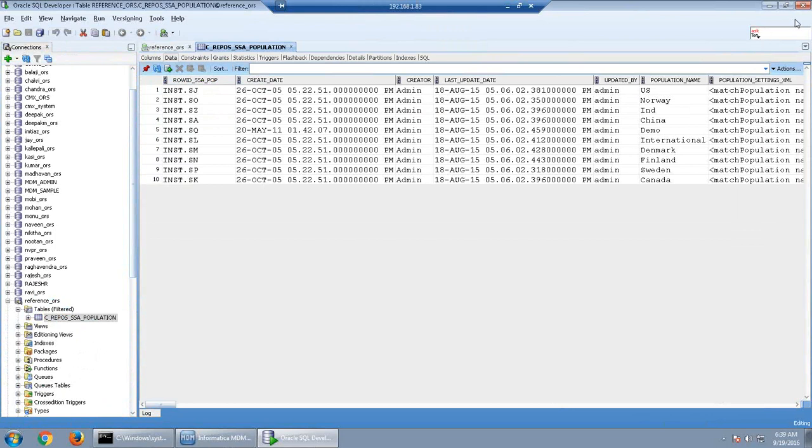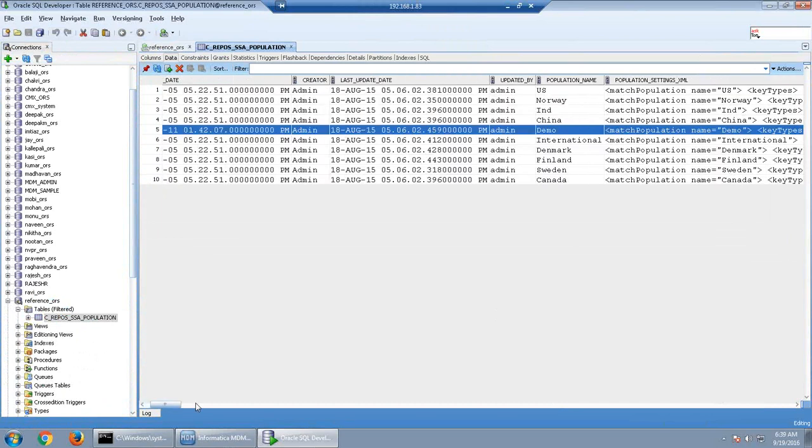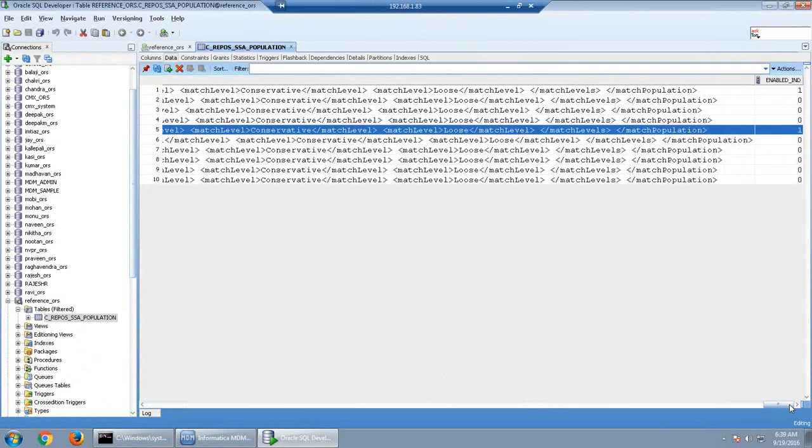So this is the population table, and here I have added a couple of them. Usually there are only 6 or 7 populations listed here. This one is demo, which will be present by default, and at the end you will see an enable indicator. The enable indicator is 1 for demo. If you check your ORS currently, you will see that demo is enabled and the others are 0. For enabling, you need to come here and update this table as 1, or if you want to disable, you make it 0.